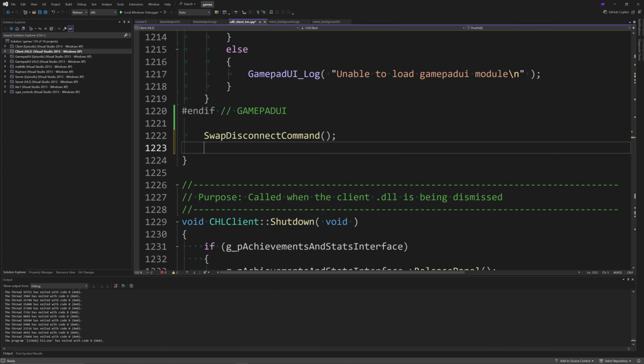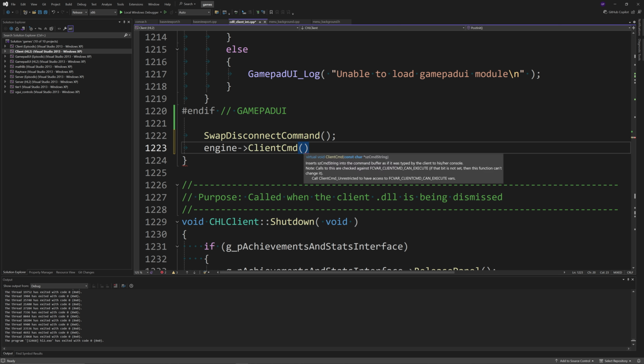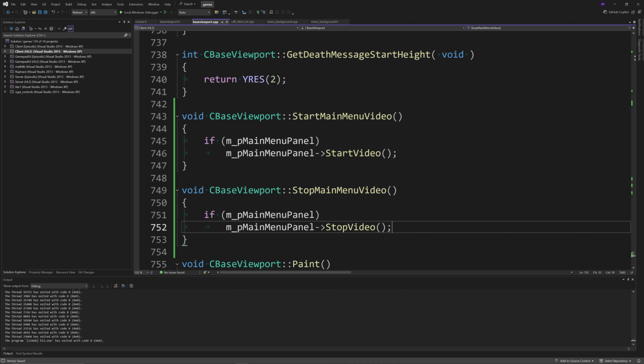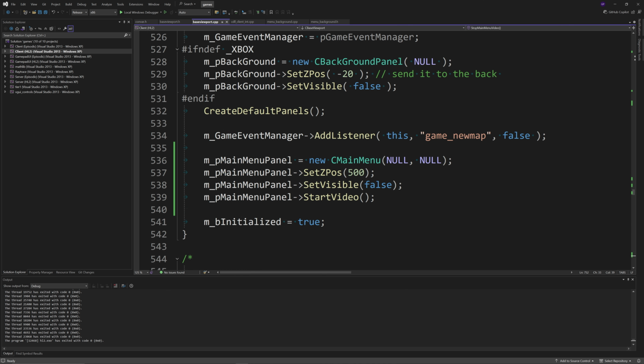Alright, so you want to go back to cdll_client_int.cpp, and underneath the swap disconnect command line that we added inside of the PostInit function, you just want to add engine->ClientCmd and then inside of speech marks "disconnect". Then going back to baseviewport.cpp inside of the Start function, you want to remove the SetZPos line,